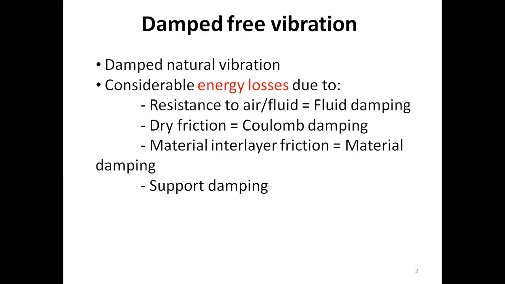And the fourth type of energy loss, which normally happens in the vibratory system, is happening through the support. Because the system is vibrating, it would have a frame or support which is necessary in order to keep up the system. And during the vibration, some of the energy is transferred through the support, and it is going out from the system, and that energy which is going through the support or through the frame of the system is classified as the support damping.